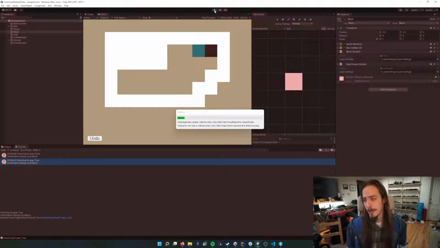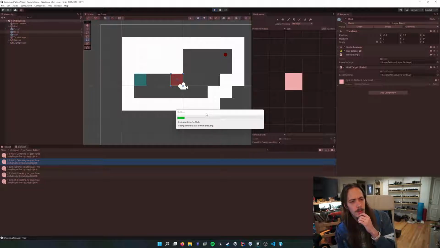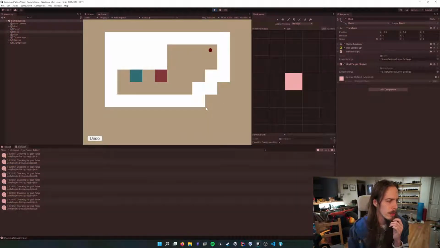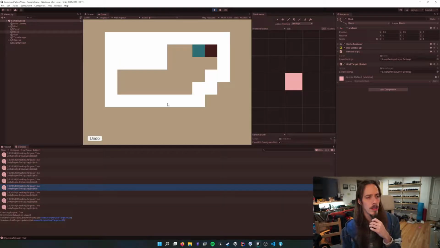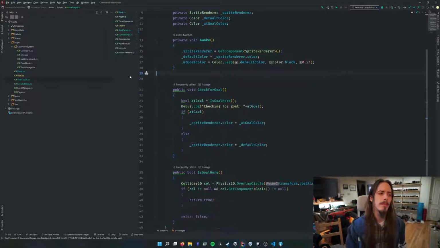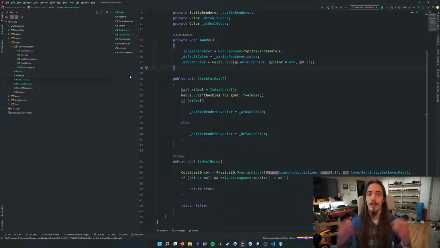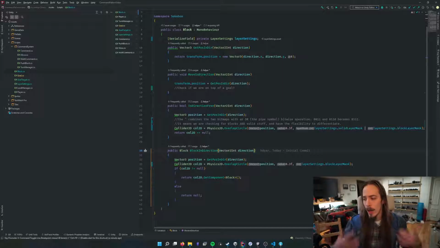It's just completely unnecessary. We're checking this every single frame, and our game is not frame based. Our logic, our behaviors of our game are not on a frame by frame basis. You know, we might be sitting there thinking for 10 seconds as we try to puzzle out what to do. And then suddenly, we're checking for the goal. Let's not do that. Instead, let's use an event system so that we're only checking a goal when we need to. So let's go to the block and let's create a new event that the block will call whenever it